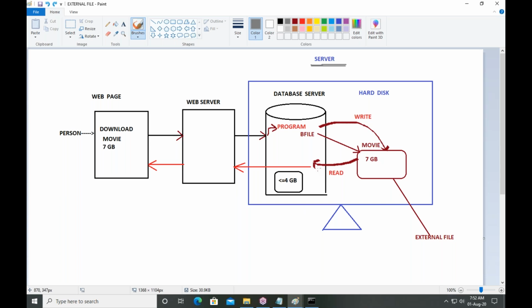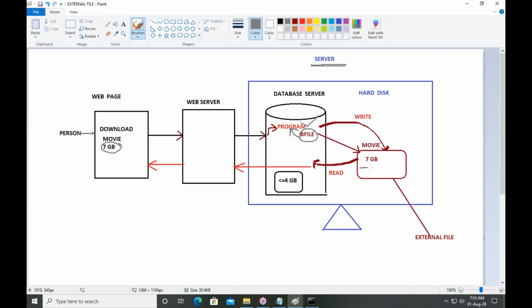You should store it outside the database, and from there we can read or write any operations through the BFILE pointer. We can define BFILE under a program. So if anybody downloads this movie, the program will be ready to read the data.